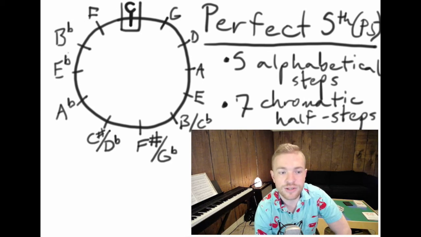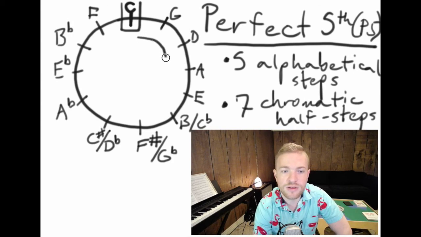And then we have the other direction that goes counterclockwise, and they sort of overlap here at the bottom. So the clockwise direction and the counterclockwise direction overlap at these 3 enharmonically equivalent keys right here, okay? So as we go clockwise, remember how we talked about how the key of C has no sharps and no